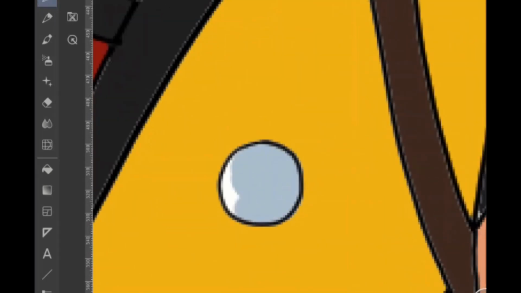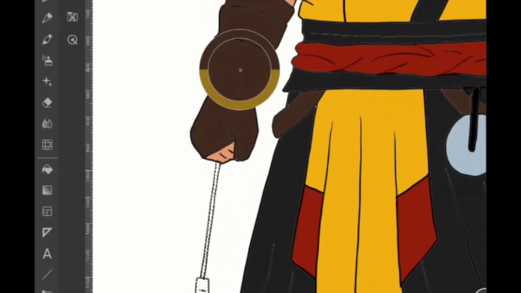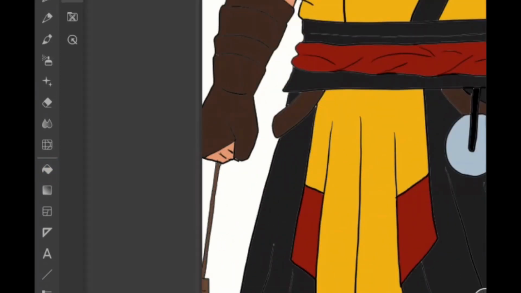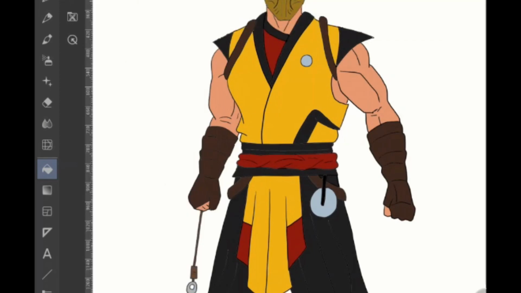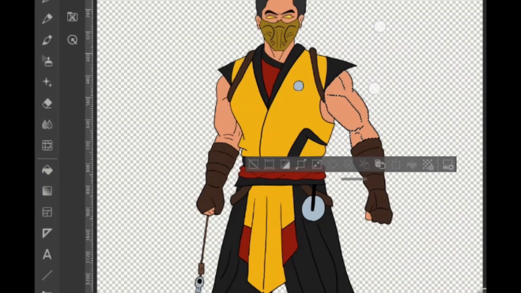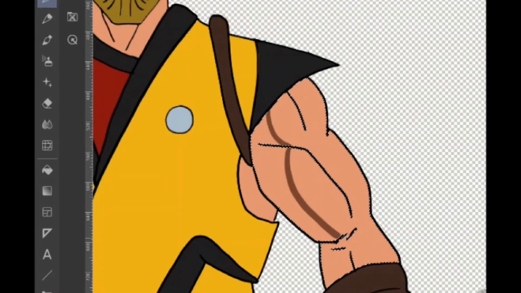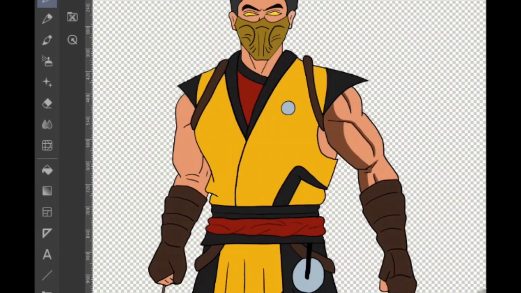Or any area that needs any touch up, either from me not selecting it or there being a problem in the selection, I just go in and clean that up manually. Now I finish cleaning the stuff up and adding details. And after I finish coloring, now I create another layer and I go on top of the picture and start coloring in the shadows. So I'll have one new layer for the shadows